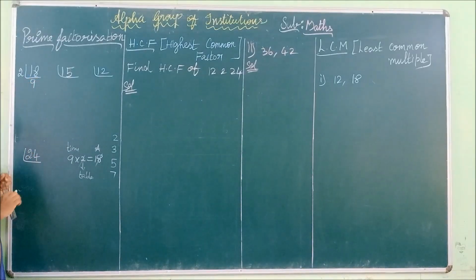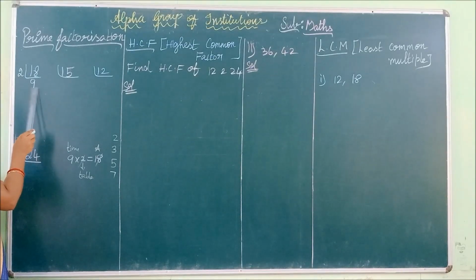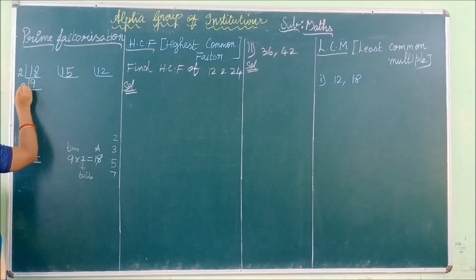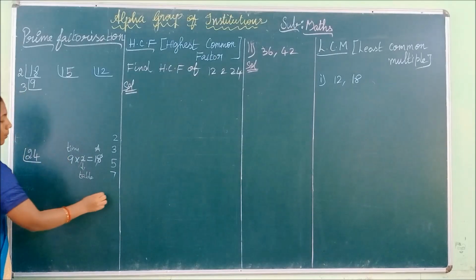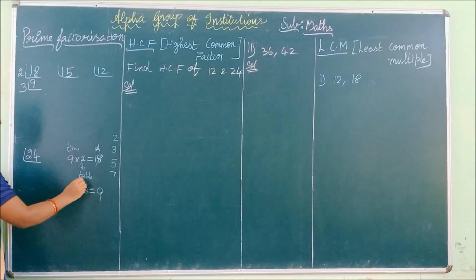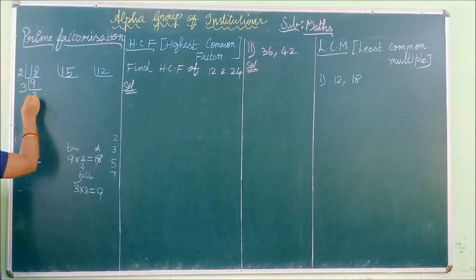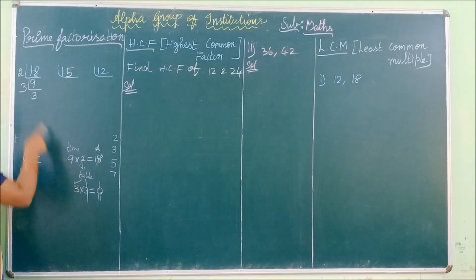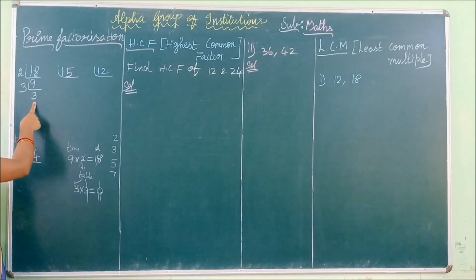Do you understand? See, 9 is an odd number. By seeing it we can say it is divisible by 3. 3 is also a prime number. So next our divisor is 3. In the 3 table, 9 comes how many times? 3 times. So you have to write the times. 3 3s are 9. Don't write the answer, don't write the tables. So 3 times 3. Again we get a prime number.